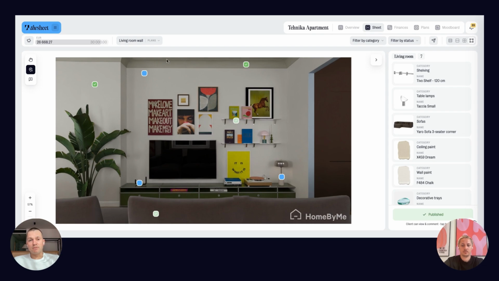Yes, and what's really cool about it is you can upload as many plans or as many images as backgrounds as your project needs or warrants. And also new products are really easy to add as well. It's a simple click and select,